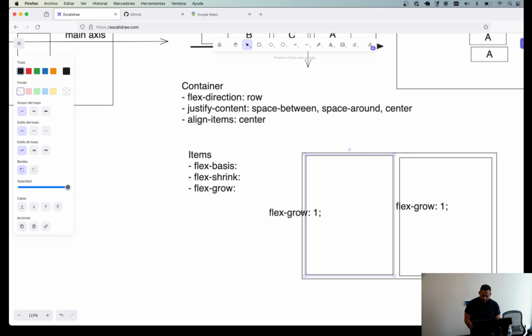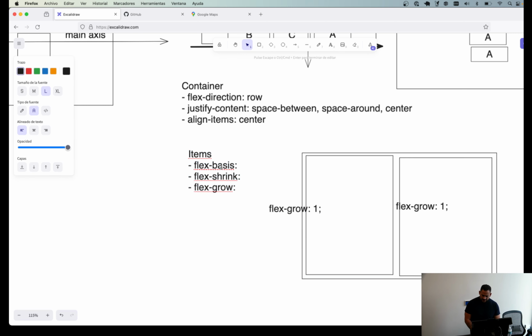Now, I think flex basis works in whatever direction. The thing for flex basis is that, remember, in a row it will be the width, but in a column it will be the height. Now the issue with that 30% is that you don't want to use this type of thing. Let me explain. You don't want to use this because you can use Flexbox very well to